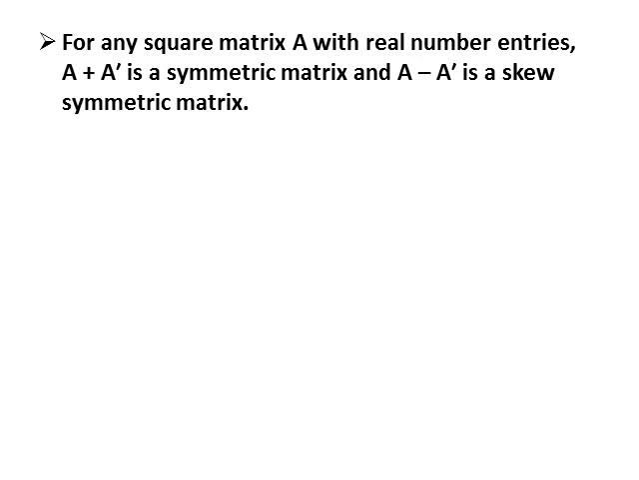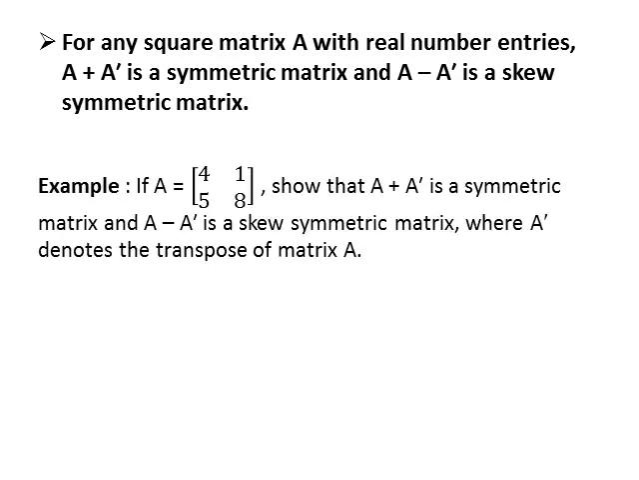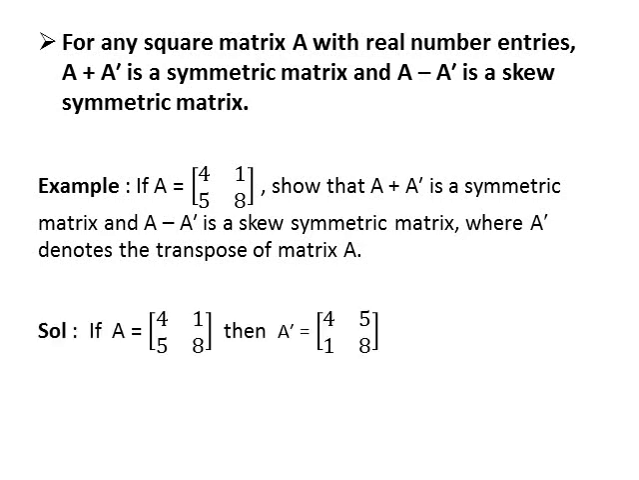Now we are going to discuss a very important result: for any square matrix A with real number entries, A plus transpose of A is a symmetric matrix and A minus transpose of A is a skew symmetric matrix. We verify this result with the help of an example. In this question, A is a square matrix of order 2. We have to show the sum of a matrix and its transpose is symmetric and the difference of a matrix and its transpose is skew symmetric. So, in the first step, take the transpose of matrix A by interchanging rows and columns of A